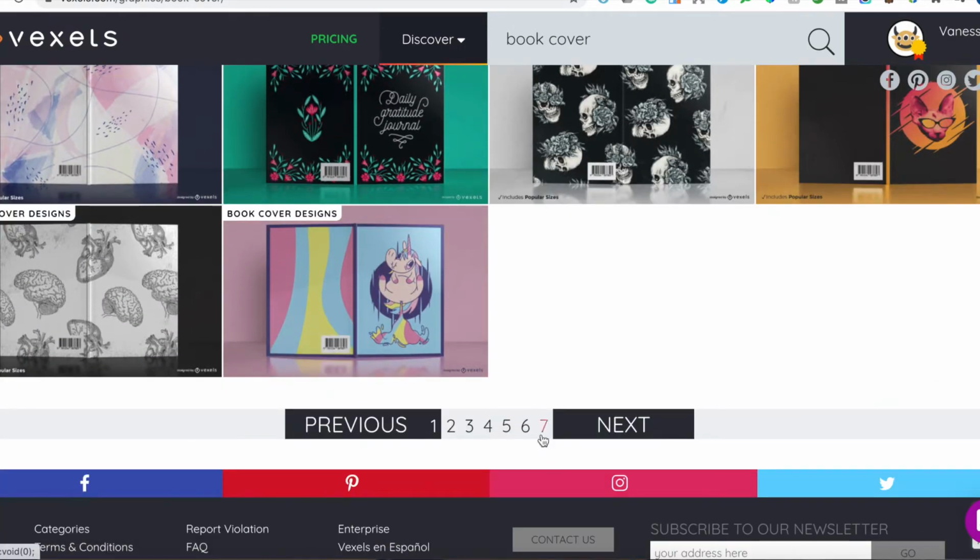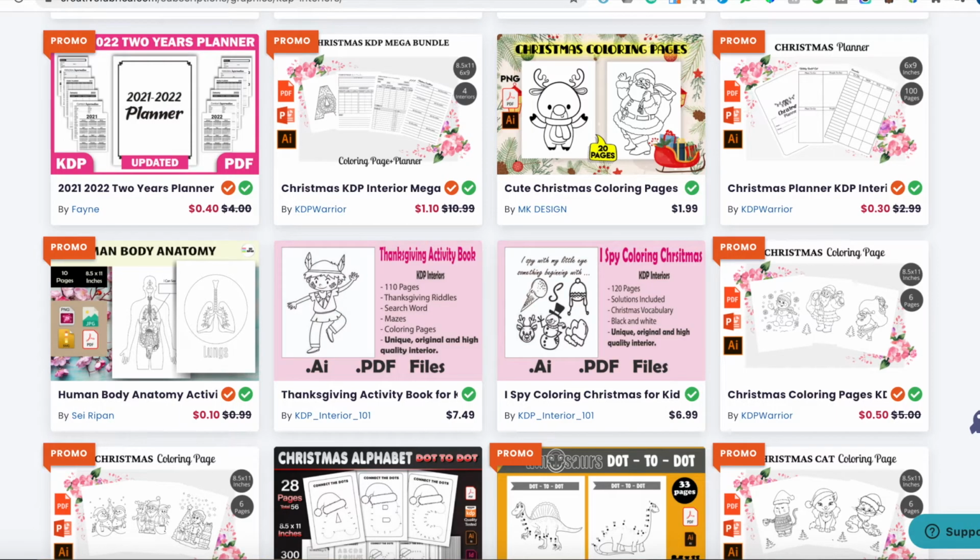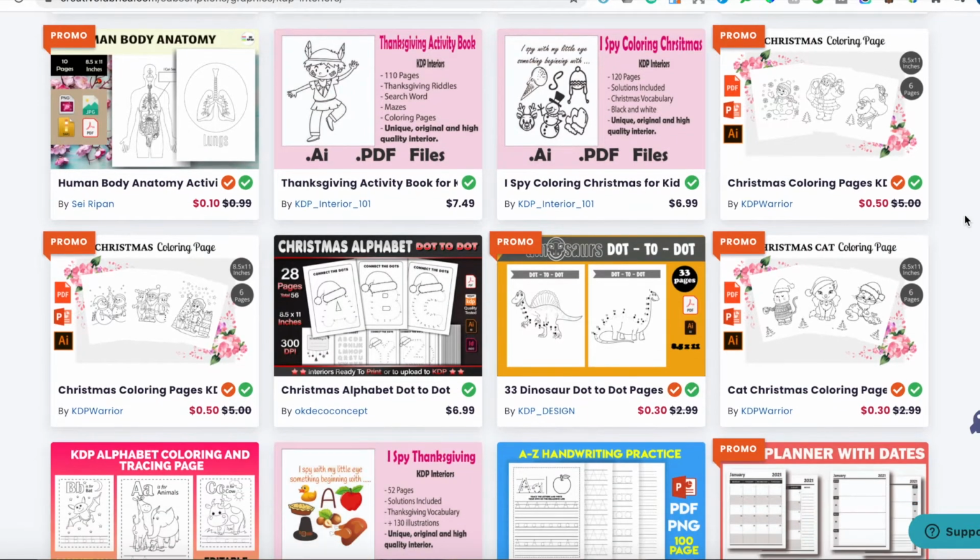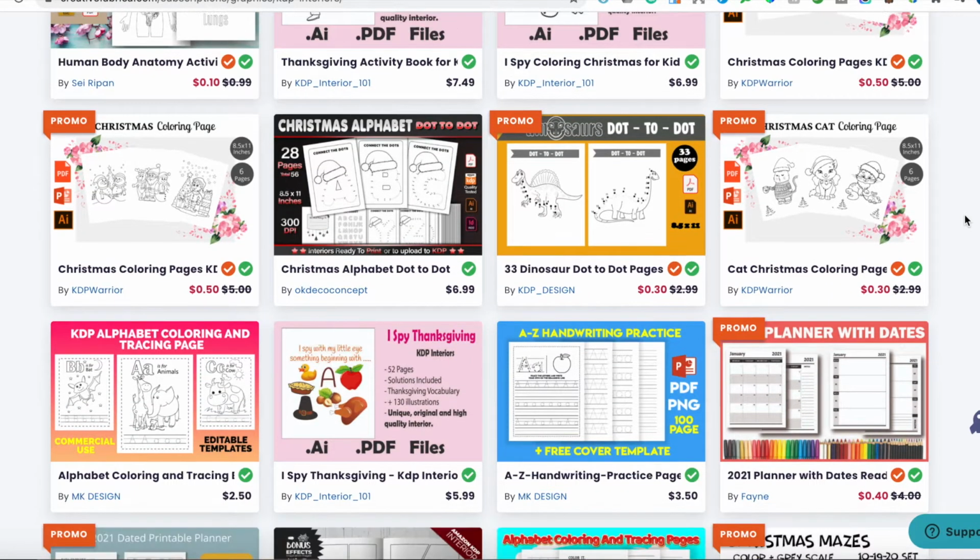So there are several book covers that you can use. The first step was getting the niche. You get the niche through Creative Fabrica, and you can also download the interior from Creative Fabrica, but it can become very expensive if you have many books to create. So I advise that you